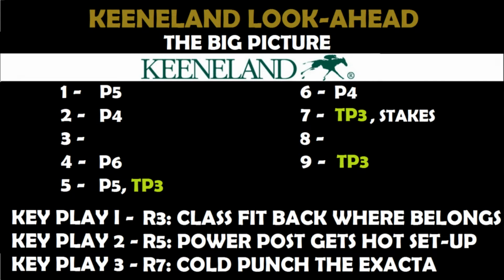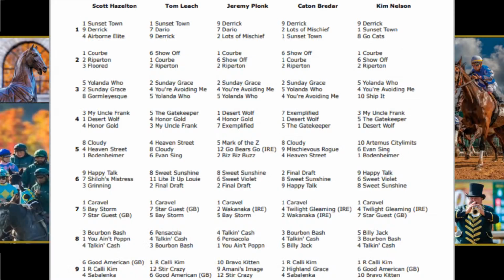If you want to narrow it down a little bit, let's talk first about the top pick in here, Bravo Kitten. I think we're going to get a big price on Bravo Kitten. And my top pick in here, number 10, not picked by the other public handicappers, but for a third place tout from Kim,